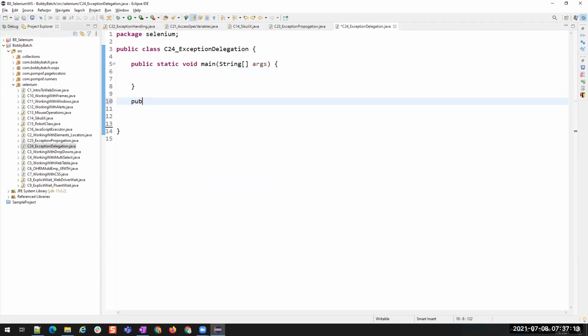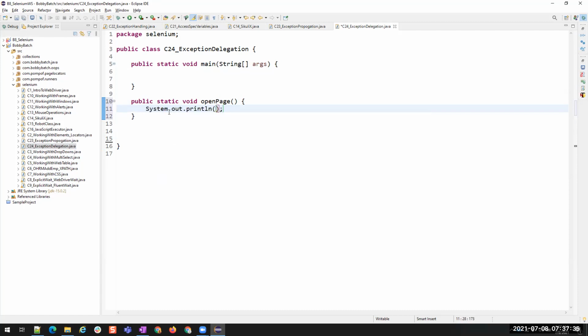So public static void openPage. For example, let us assume that I'm opening a particular page here. I'm not using the WebDriver code, but I'm just saying, let us assume that I'm opening the page. There is a login page. For example, I'm writing sysout statements instead of the Selenium code.